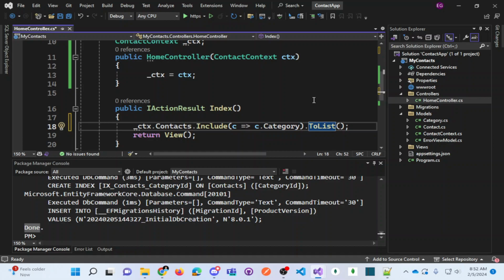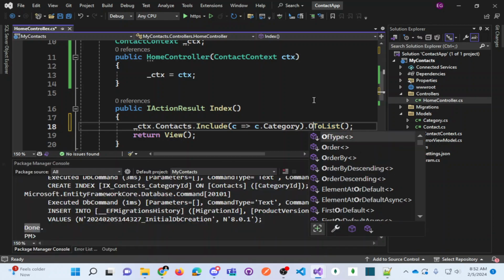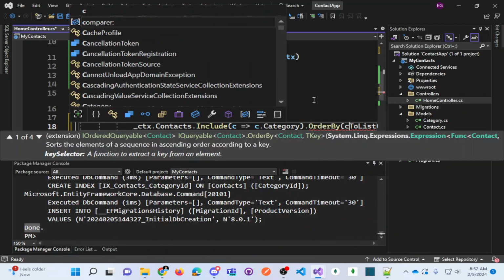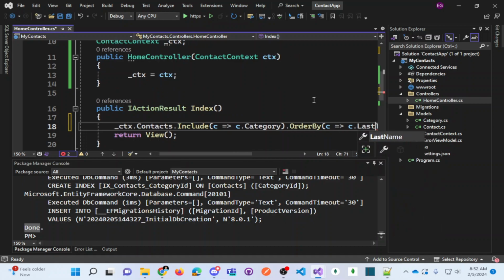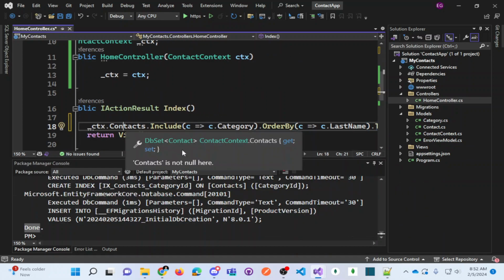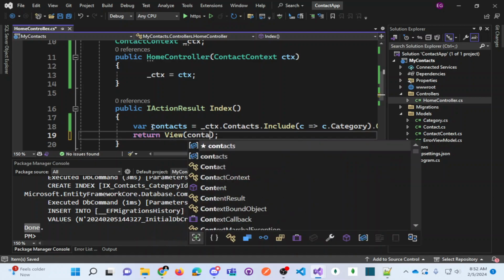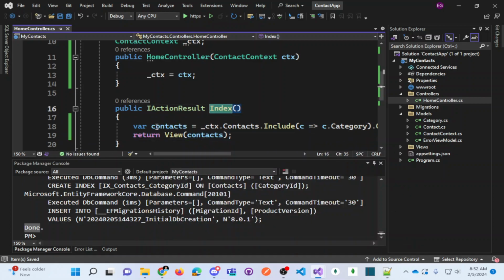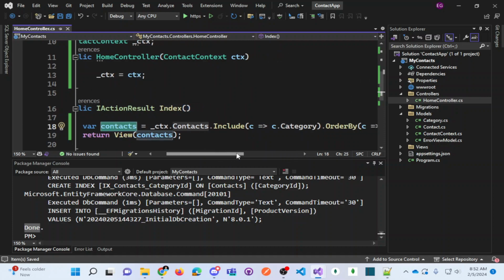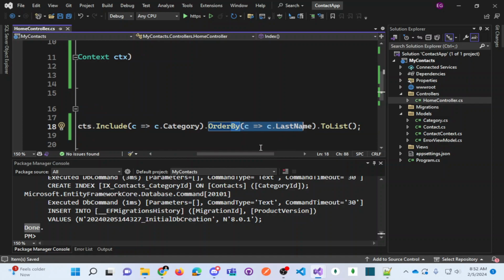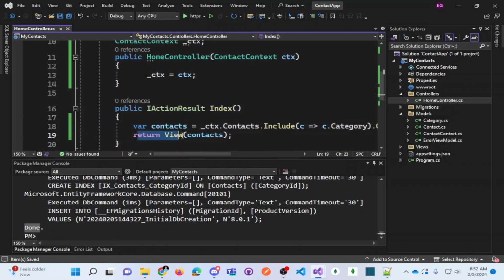And maybe we order by our contacts, maybe last name, and convert it into a list and store it in a variable, var contacts, and send that to the view. Okay, so this actually hits our database, queries our database, orders the contacts by the last names, sends that out the front door to the view, which